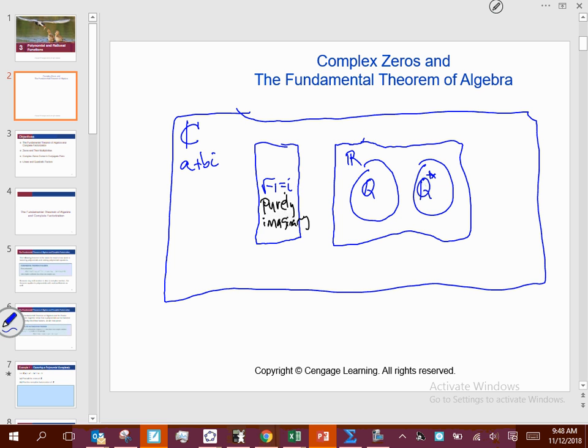Okay? Now here's the thing. Is 5 complex? Is 5 in that group right there? Yep. Is that group within the complex group? So 5 is complex, right? Because 5 can be written